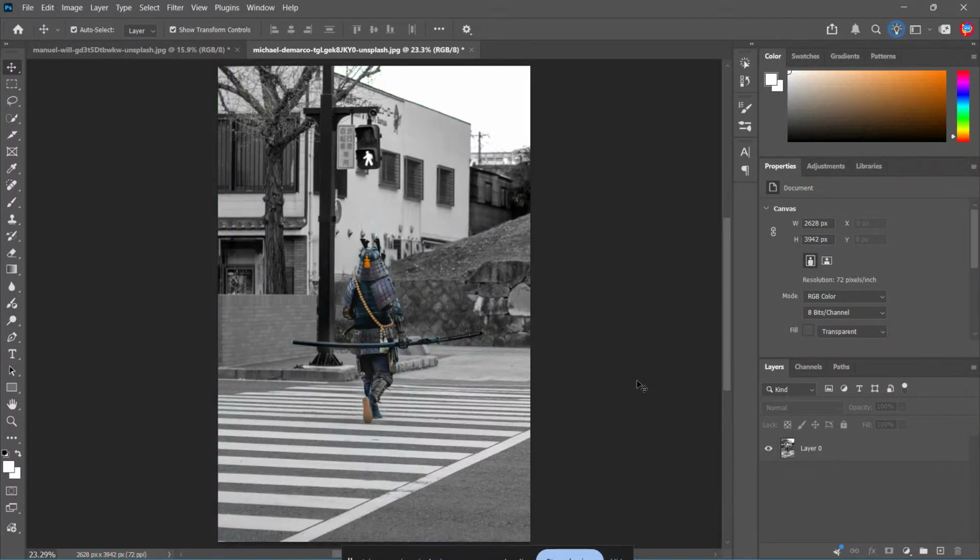If you want to flip an image or layer in Photoshop and do it fast without messing up the rest of your design, you're in the right place. In this video, I'm going to show you two simple ways to flip content in Photoshop. First, we'll flip a single layer, which is perfect if you only want to mirror one object. Then I'll show you how to flip the entire canvas, which is ideal when you want to mirror the whole